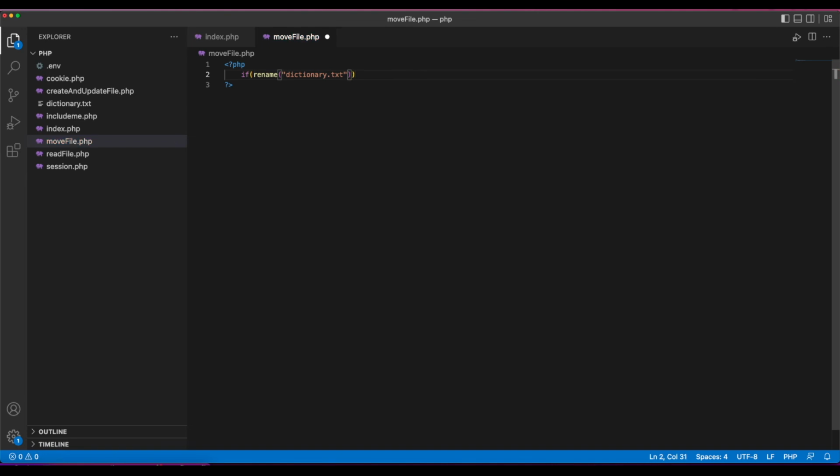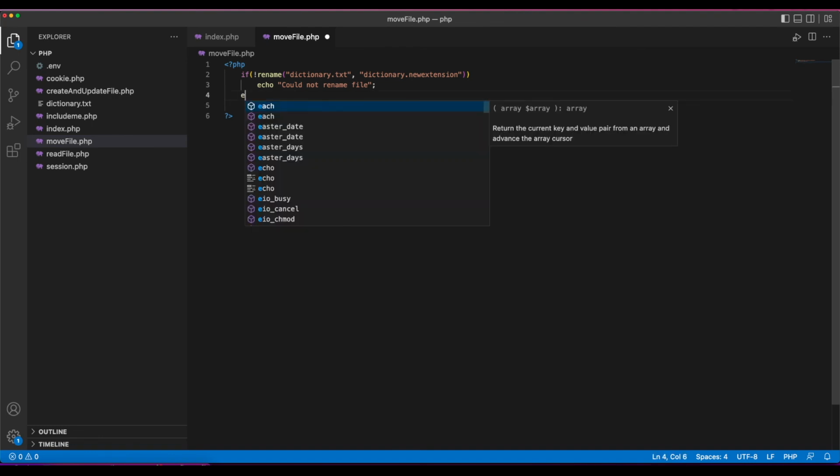So now that we've given it the old name, we want to give it the new name, which is going to be dictionary.newextension. Let's just do that for now. So it's going to go from dictionary.txt to dictionary.newextension, and we'll give it a flag right here, an inverse. So if it's not able to rename, if this is false, then we want it to echo "could not rename file". If it's true, we want it to do else